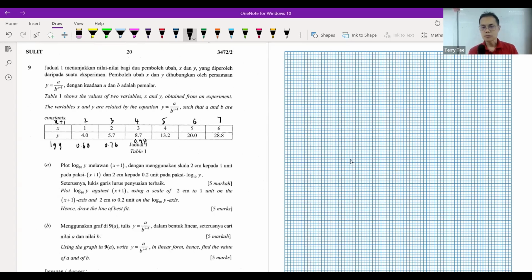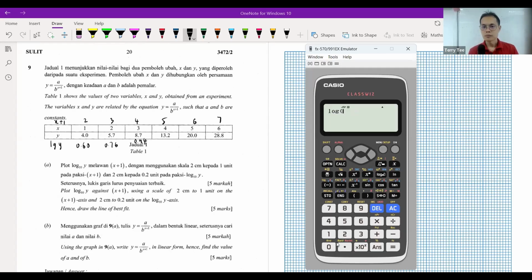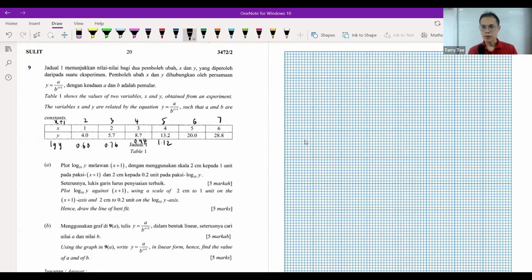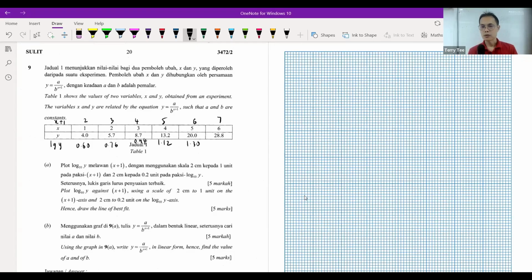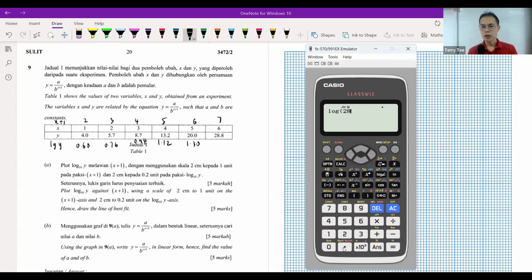Next one, 13.2, that will be 1.12. And next one, log 20, 1.30. And 28.8,